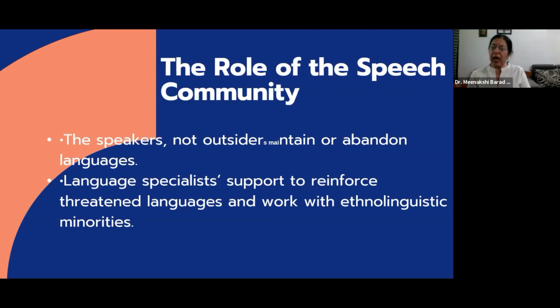And the forces acting upon a minority language community may be such that a shift to the overarching variety becomes inevitable. Okay, in such circumstances, it may indeed make economic sense for minority language speakers to shift to the majority language for the sake of future generations, if nothing else. And I think it is important that we refrain from making value judgments about such decisions. Who does not want to see his or her own children benefit from modernization?